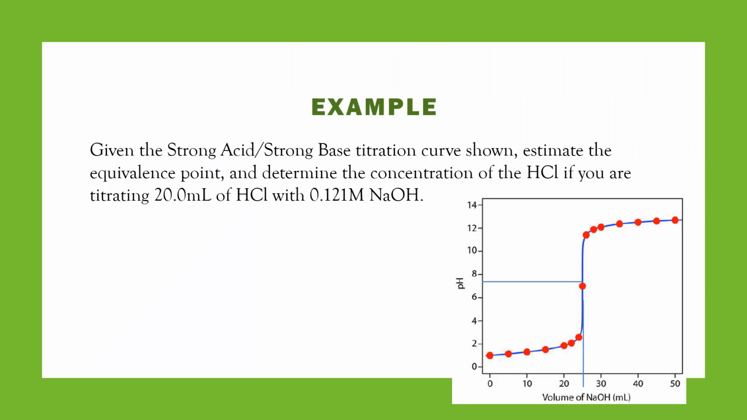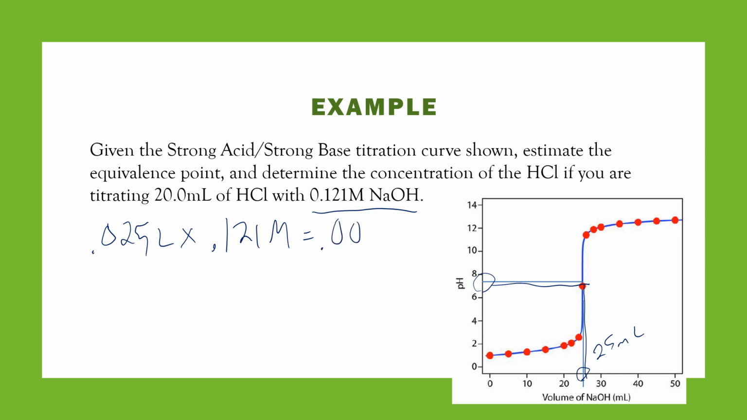Okay, so for this example, we are given a strong acid, strong base titration curve. We need to estimate the equivalence point and then determine the concentration of HCl. So the equivalence point of a strong acid, strong base titration is at a pH of 7, which is right here at 25 milliliters of sodium hydroxide. And in liters, that's 0.025 liters. They tell us the molarity is 0.121 for the sodium hydroxide. And when you multiply that, you get 0.00303